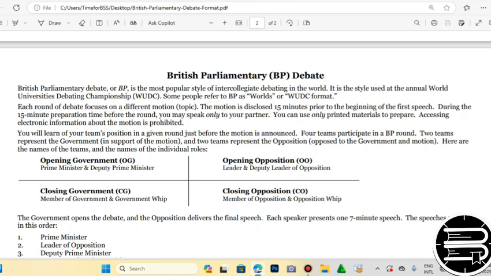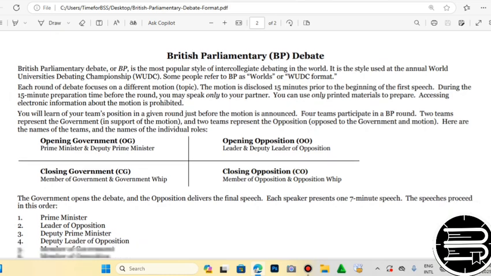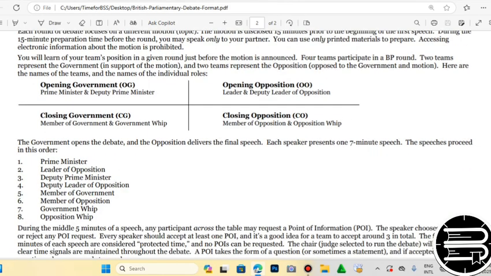As for the order in which these speakers speak, we start from the Prime Minister, who comes to the podium and speaks for 7 minutes. All the speakers will be speaking for 7 minutes. This is the order that is followed when they go to the podium